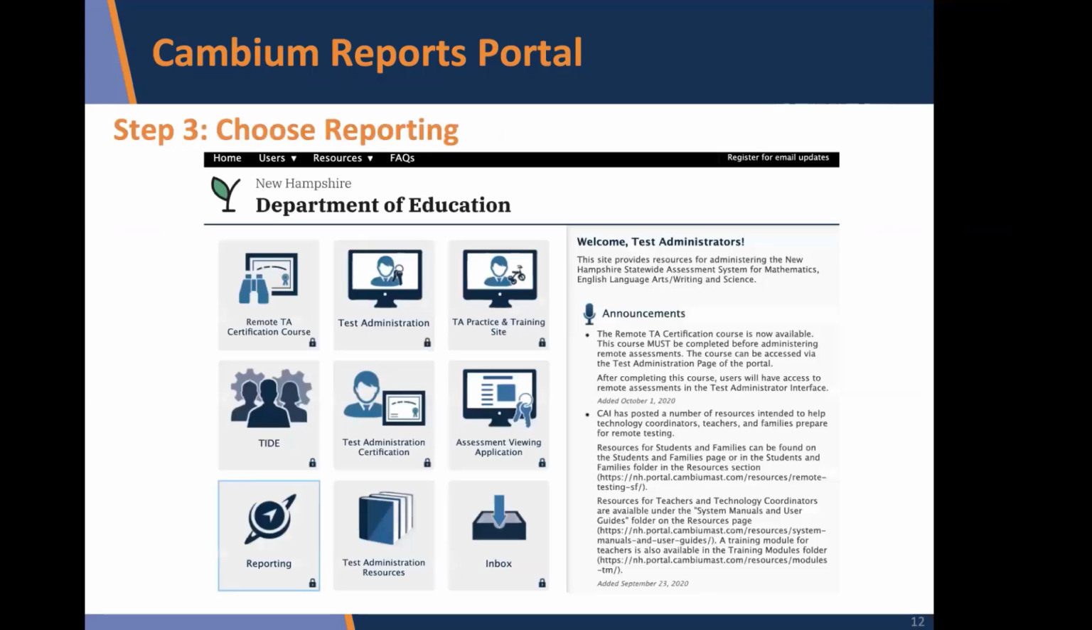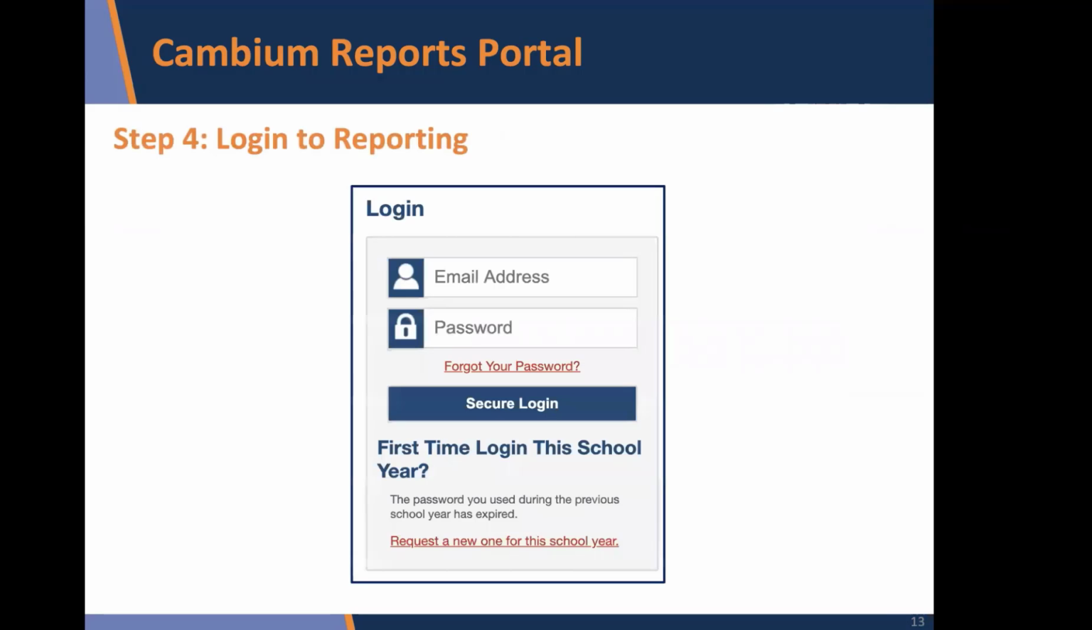And then within that, you are going to choose reporting. Once you choose reporting, it will have you log on. It's the same logon as you had when you were administering the interims. If you haven't logged in a certain amount of time, sometimes you have to put in a code and they will email you that code. Again, sometimes the code goes into your junk mail or your spam, so check it out if you have any